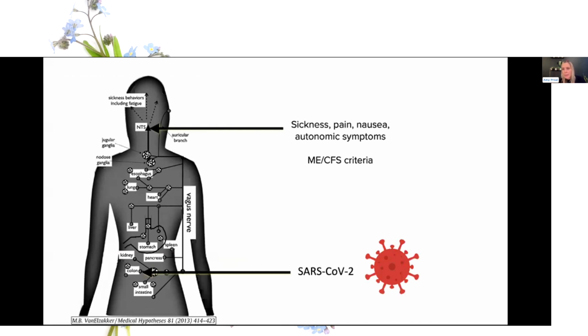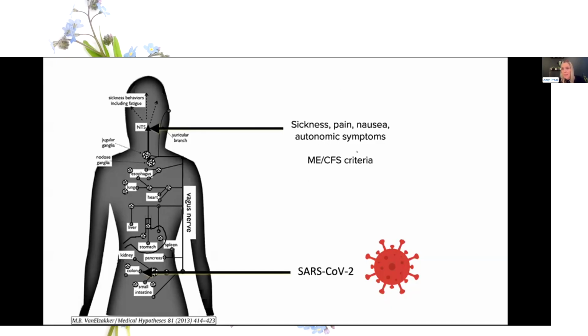So let's say if something throws off the signaling of the vagus nerve, it can throw off the signaling of those brainstem nuclei, resulting in some of those key symptoms of ME/CFS. One possibility is that someone didn't fully clear SARS-CoV-2 from their gut, and they still have a reservoir of SARS-CoV-2 there that's driving some inflammation. The vagus nerve can sense that inflammation, convey that signal to the brainstem that might throw off or dysregulate the signaling of those nuclei I mentioned, resulting in sickness, pain, nausea, autonomic symptoms in a person who can meet the